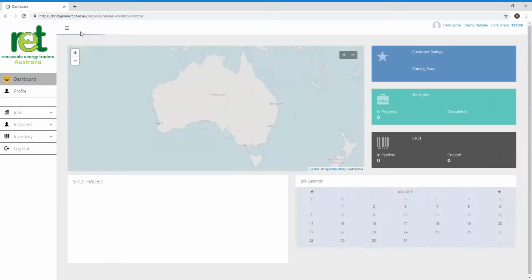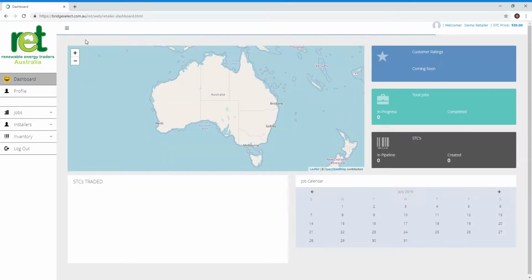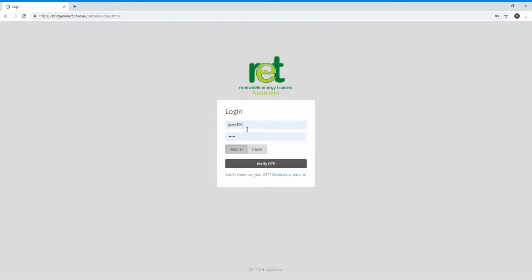ridgeselect.com.au/RET. In the coming weeks, this link will be attached to the dealer portal tab that was shown on the previous page. When you log in through that link, what it will do is provide you with a username and password. For today's tutorial, we'll actually use a demonstration user and password